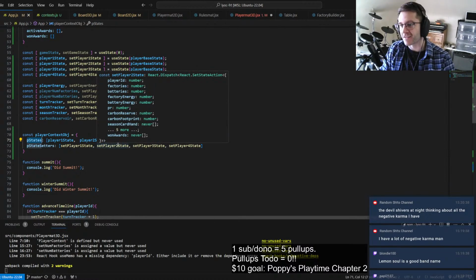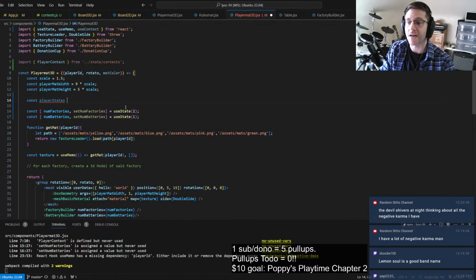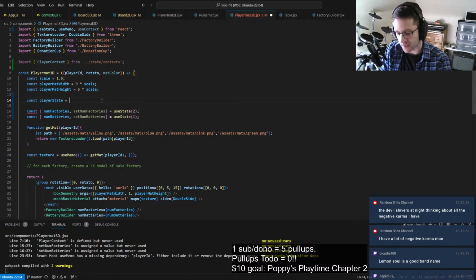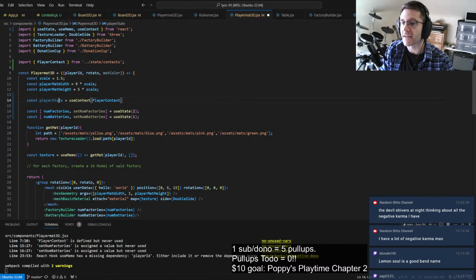In order to access my states and setters, what I need to do is I have this use context thing. I'll have player state, which will be equal to my use context, player context, and I will receive, and I need to get,